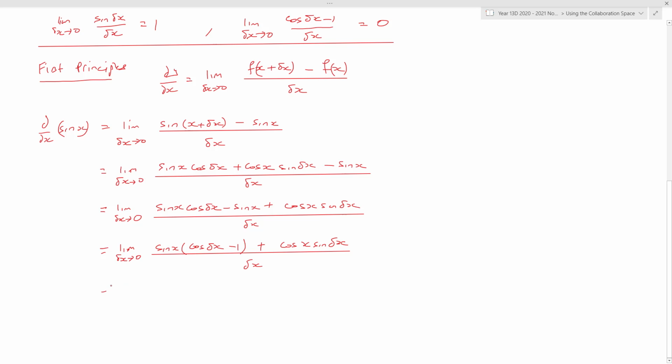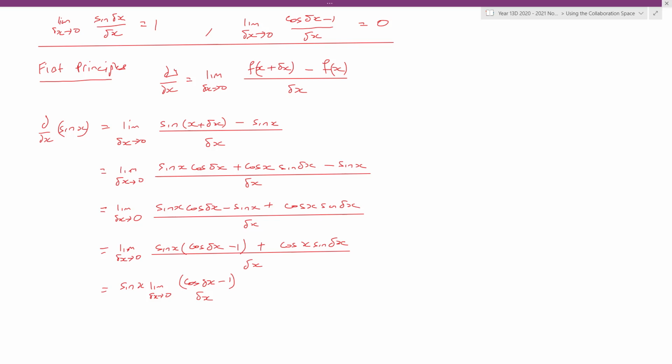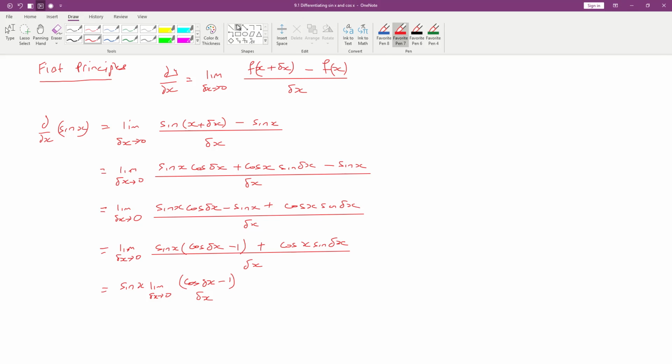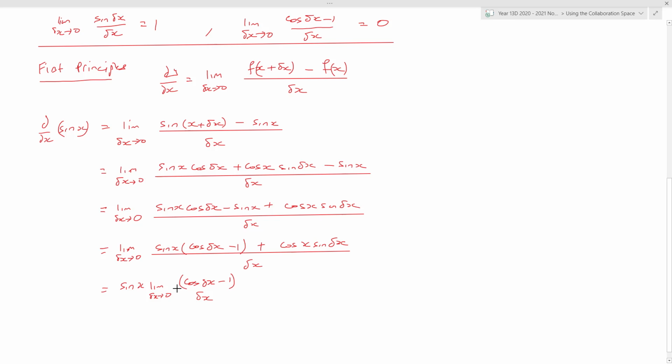So I could say equals to, now the limit as delta x tends to 0 doesn't apply to the sine, so I could take the sine out, sine of x, limit as delta x tends to 0 of cos of delta x minus 1 all over delta x,